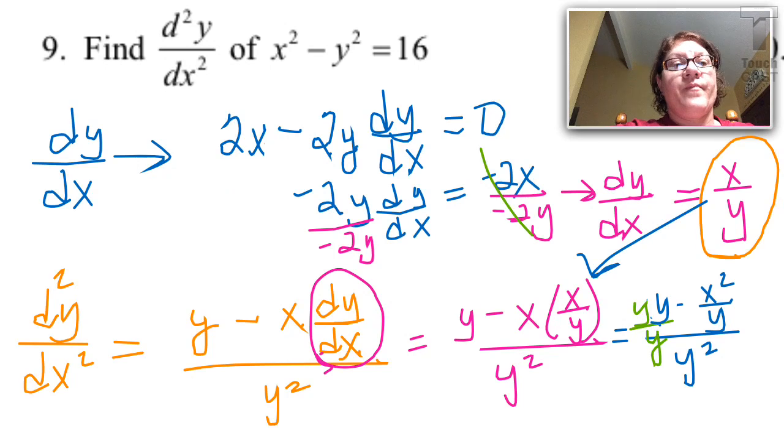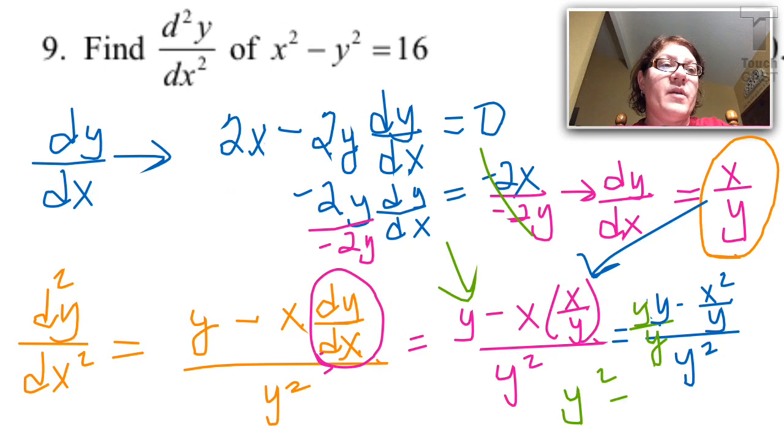Okay, I made a correction. I accidentally rewrote that as an x. So now I have y squared minus x squared